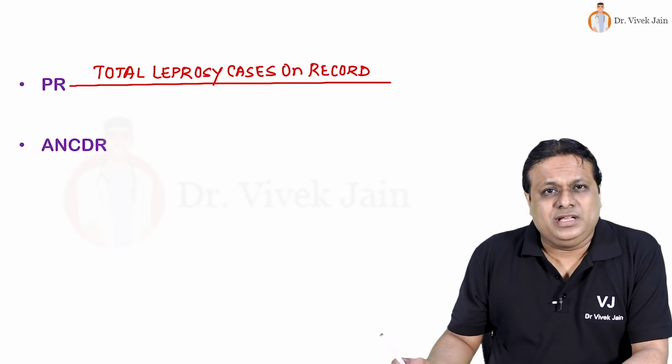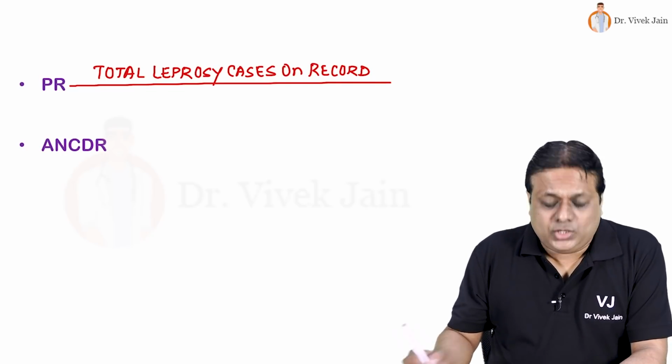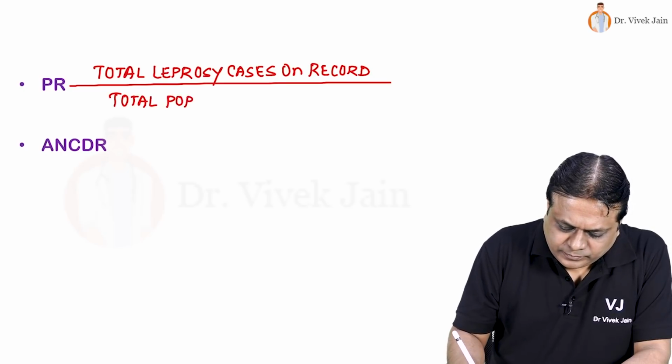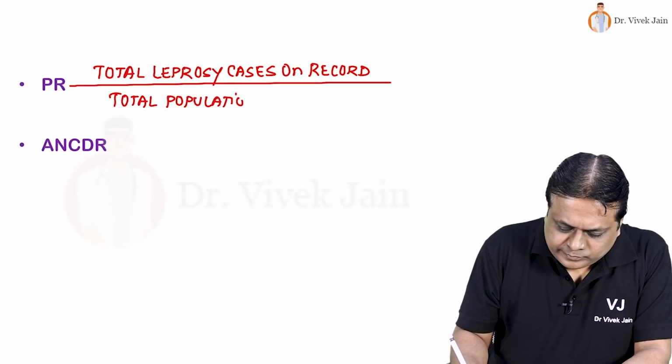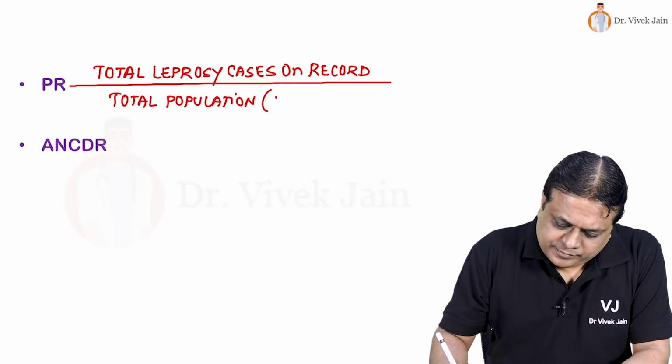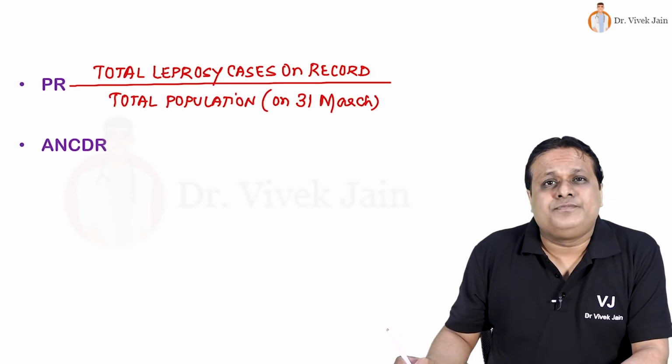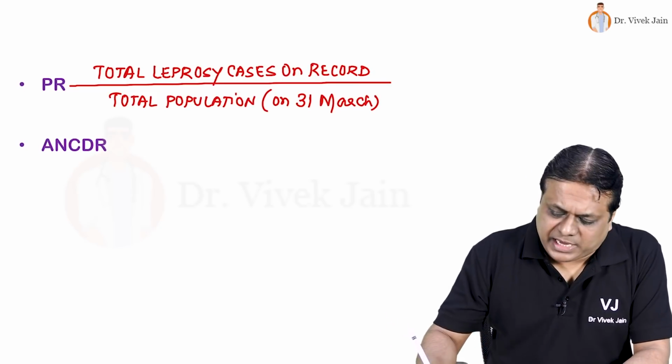It could be a district. Denominator is total population of that particular area as on 31st March of that particular year, and the multiplier is